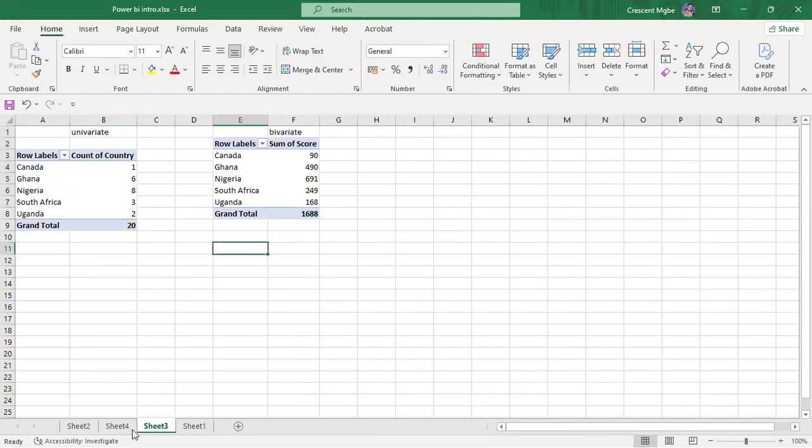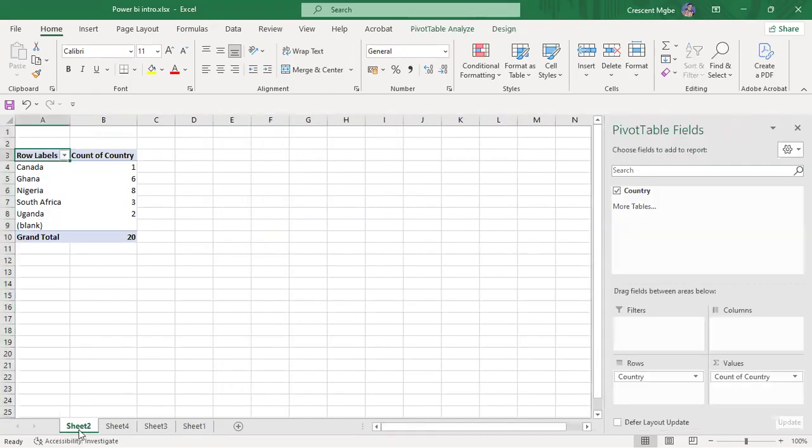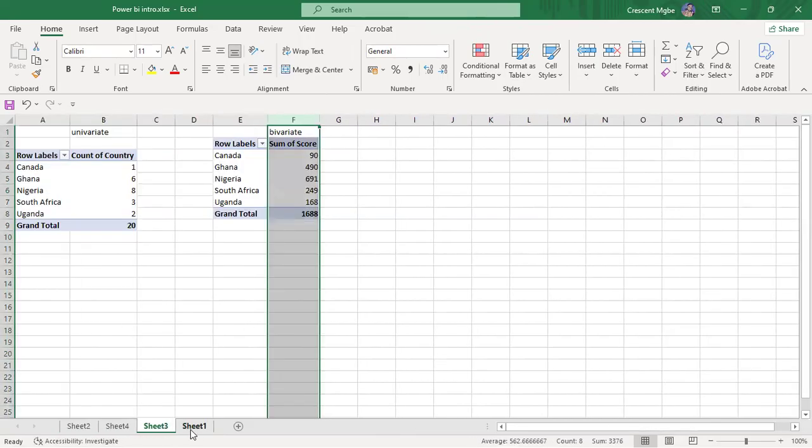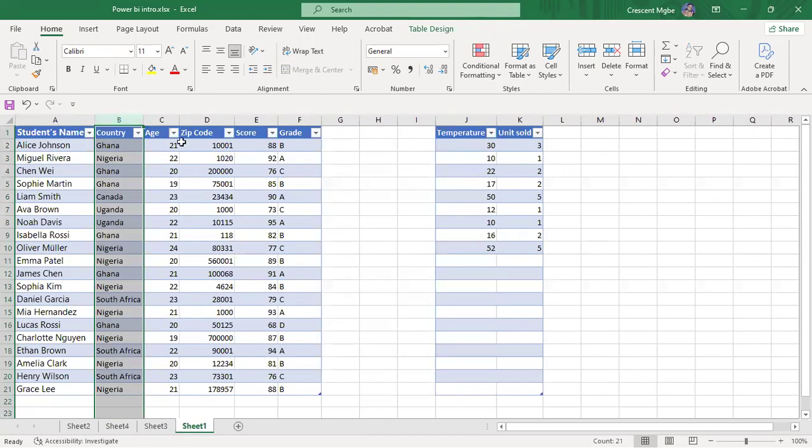So here you can see that I used 2 different variables. Where is our data again? Here. To get that information, I used the country and the scores, 2 different variables. Whenever I hear by, you're talking about 2. So univariate uses one variable to get the data, the graph or the chart, while bivariate uses 2 different variables to get the information. Then for